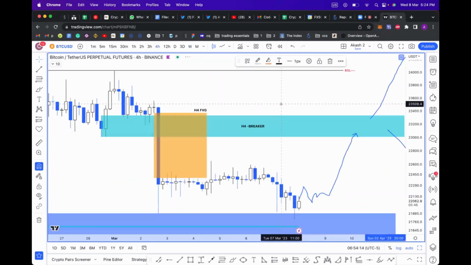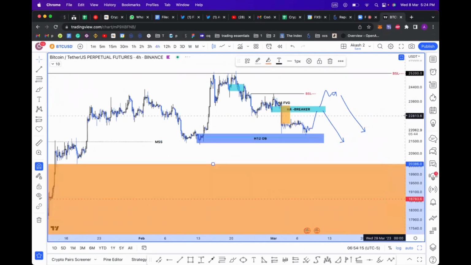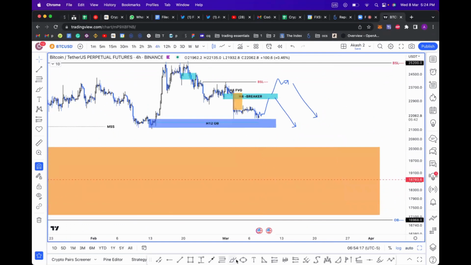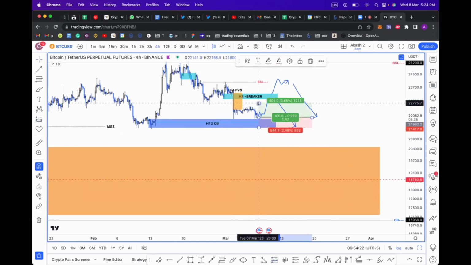Let's go back now again. So what I'm saying is right now would be a good place to long Bitcoin into this level. And depending on,